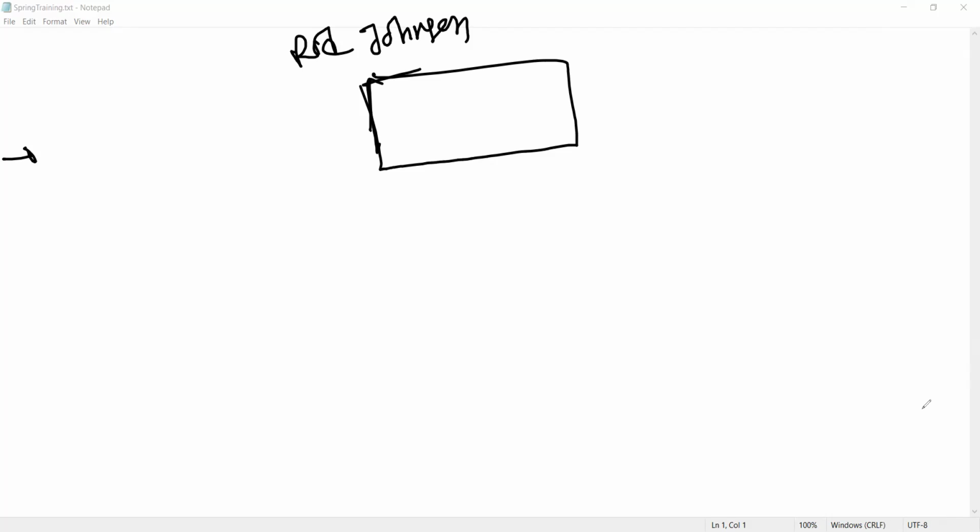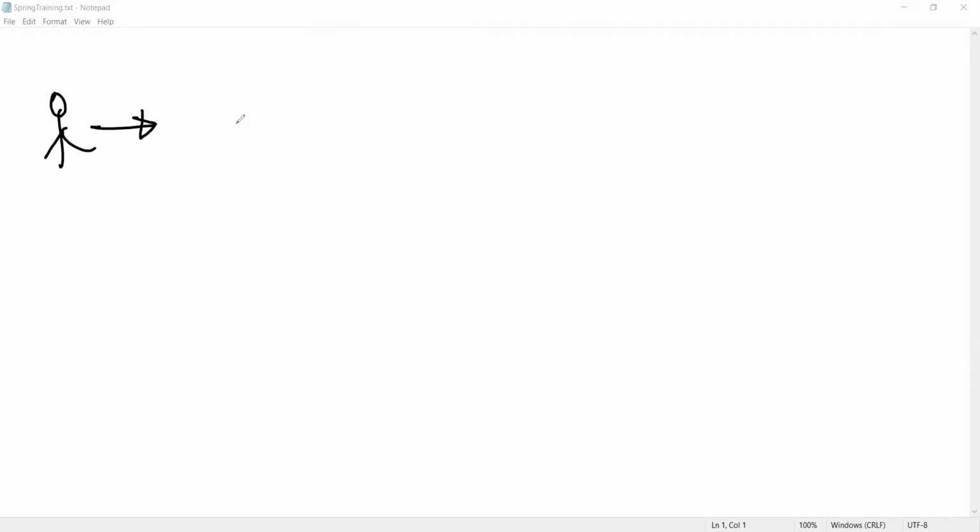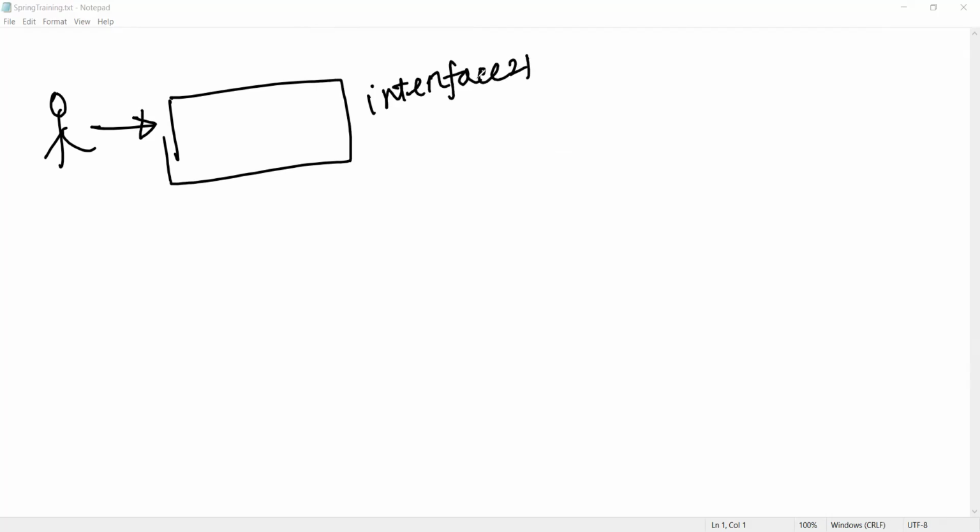This person actually created one company. What company name? Interface 21, the same name. Rod Johnson created the company mainly in 2004 or 2003, whatever the year, in London actually.